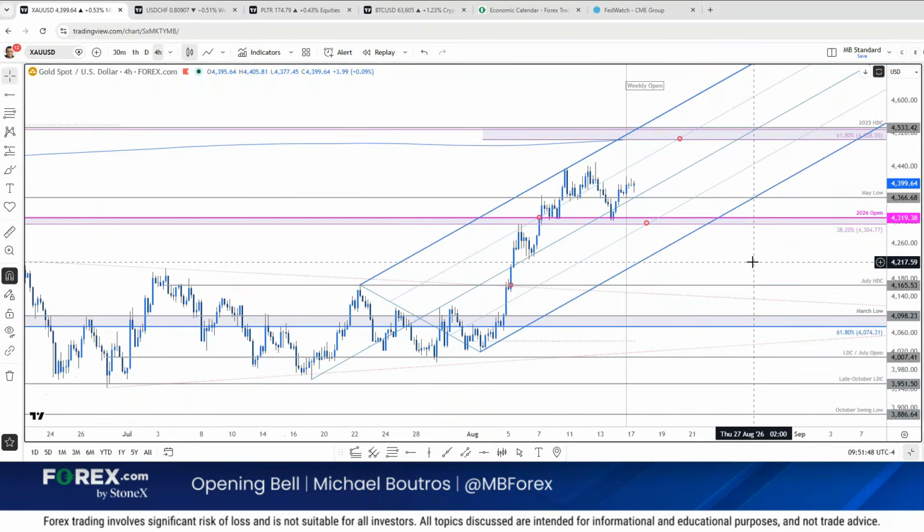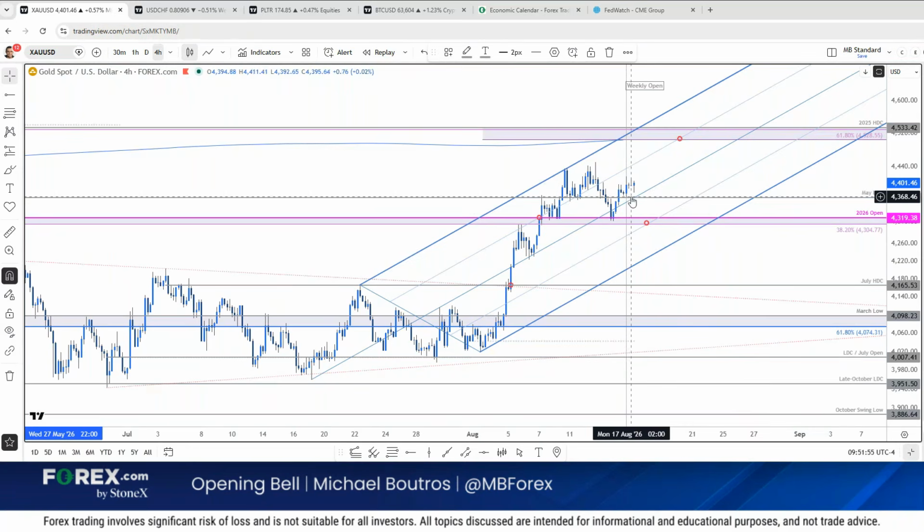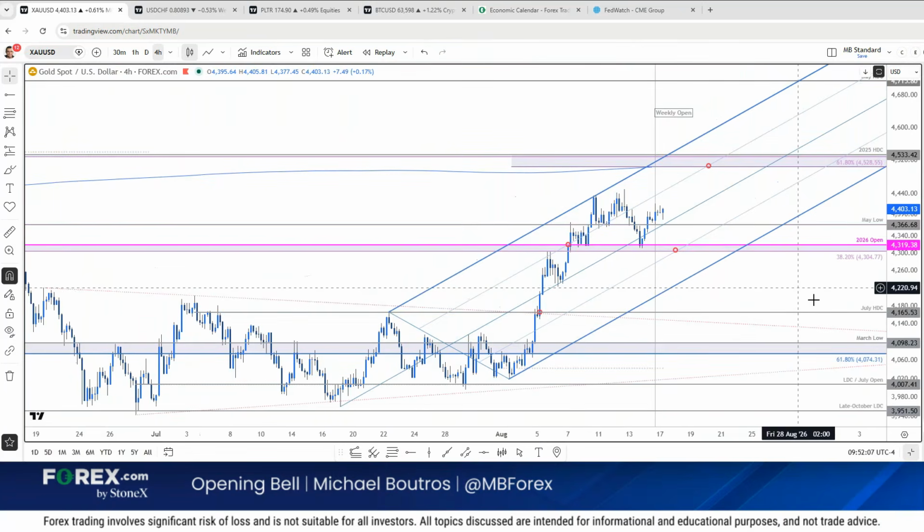If we're heading higher on this stretch, initial support is 43.66. That's also the Sunday range low, by the way. The median line is right there. You need to stay constructive above 43.04. Anything below this would suggest the threat that there's going to be a bigger washout, but that's kind of what I'm looking at on gold. Questions on gold?